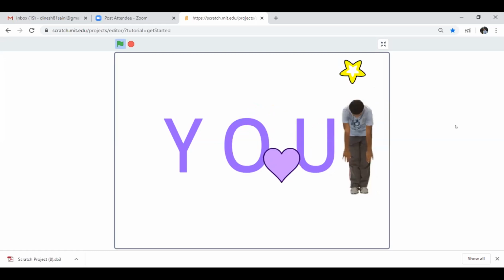Sir, this is the network issue. So my sister left because of some network issue. Okay. Krish, I'm not able to see your screen. Okay. Anant, can you share?